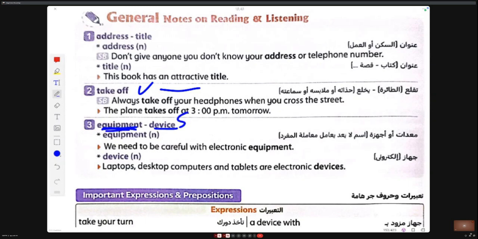Equipment we can use for bigger machines, but devices can be machines that use electronics or electric. You need to be careful with electronic equipment. Laptop, desktop computers, and tablets are electronic devices.